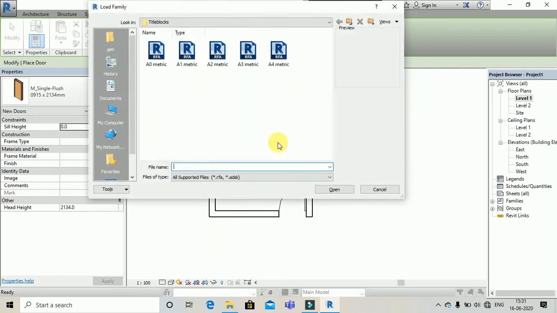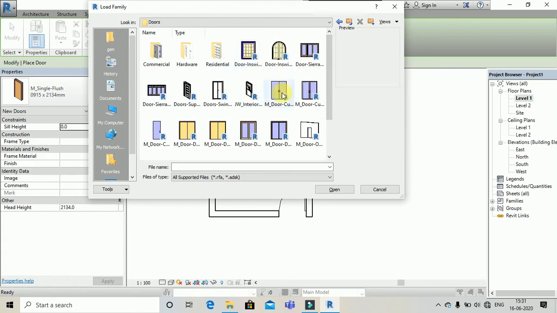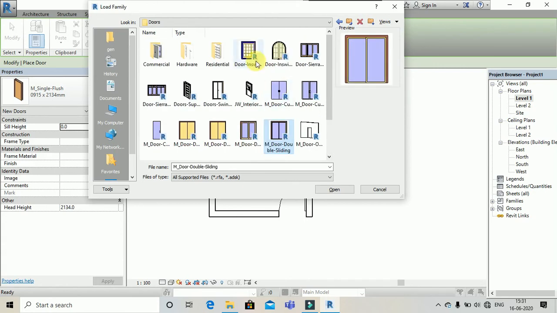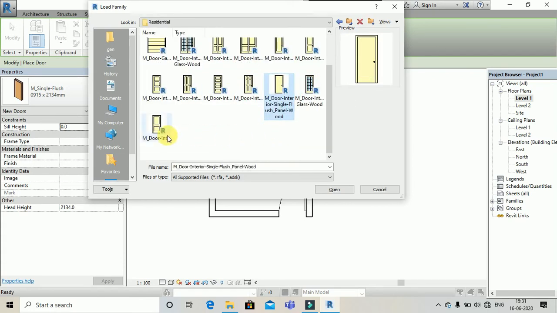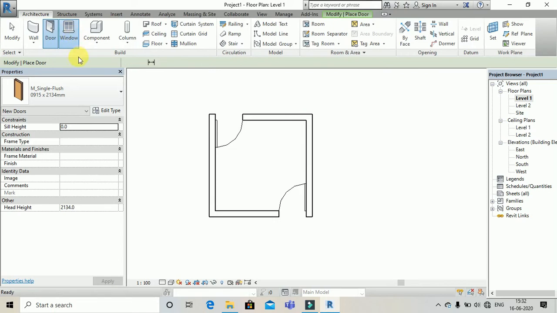If you don't want this type of door, go to the Indian library, go to door. There are various types of doors present here. Go to the residential door. All these doors are present here, but for the sake of time, I'm selecting this one.